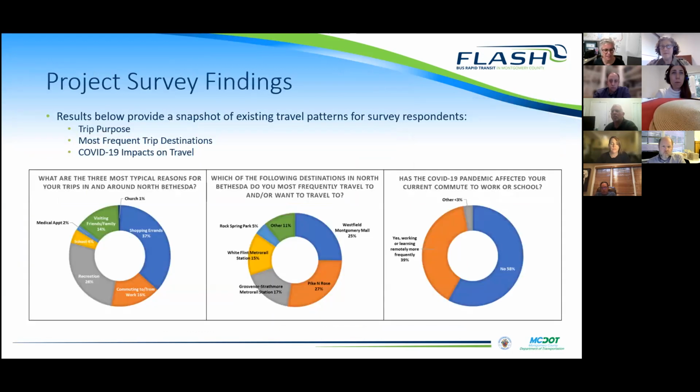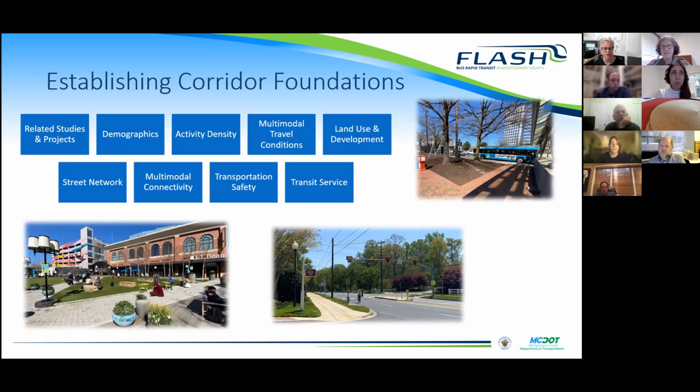So we collected existing conditions in the study area, to establish those current characteristics and conditions. And we looked at related studies and projects. We looked at demographics, multimodal connectivity. We looked at the street network, activity density in terms of activity centers in the area. We looked at land use and development, transit service that's already available. And these are all pieces of the existing study area that we wanted to make sure we understood, what the baseline was. We also conducted a survey,